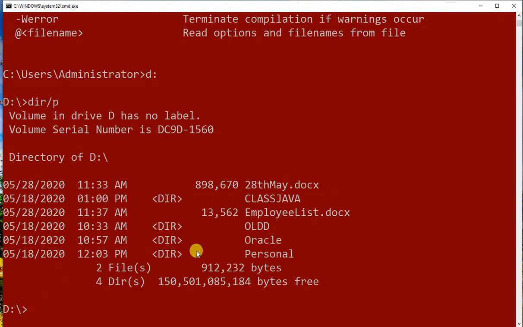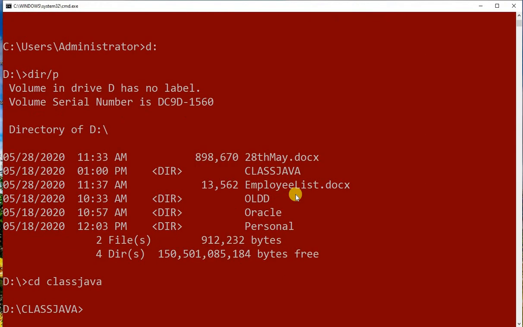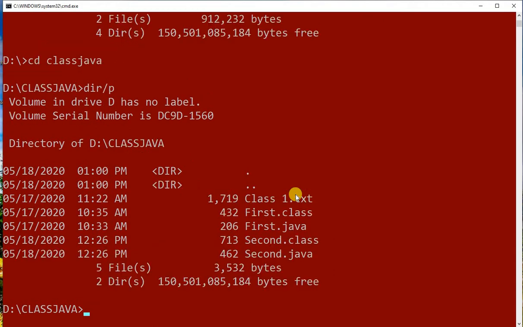You can see by dir /p. My folder name is class Java, so cd class Java. Now I'm in my required folder. In that folder, dir /p, I have all the first program and second program, whatever we wrote before. Now I want to go with my program where I can do the reading of values from keyboard. So I say notepad space. Now this is my program for the third session, so I will give the name as third. If not, you can give meaningful names also, like read data.